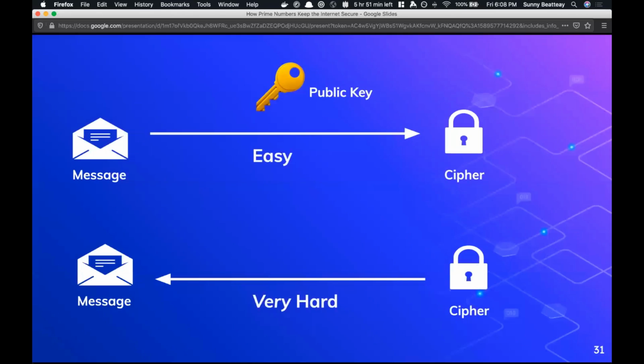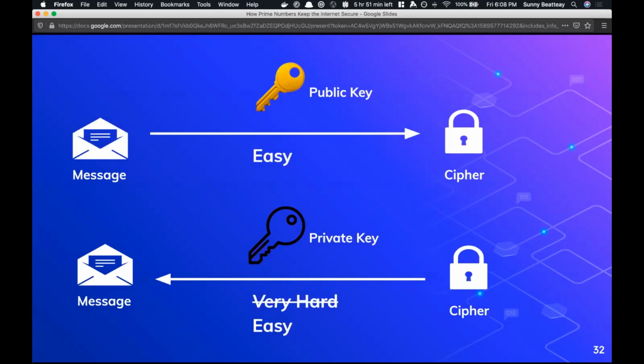However, if you only had a cipher, it is very, very, very hard to then decrypt that cipher back into the original message without anything else besides the cipher. So in this case, encryption is a one-way process where you encrypt it in one direction, but you can't easily decrypt it. Unless, however, you have the private key. So this is what makes encryption a trapdoor function as opposed to a true one-way function.